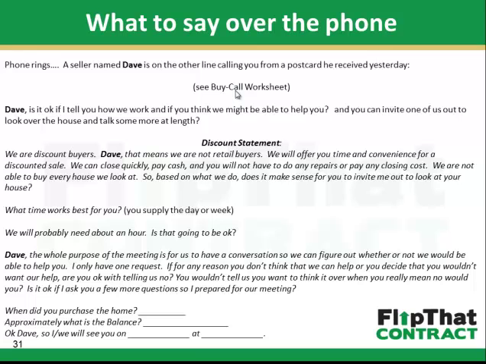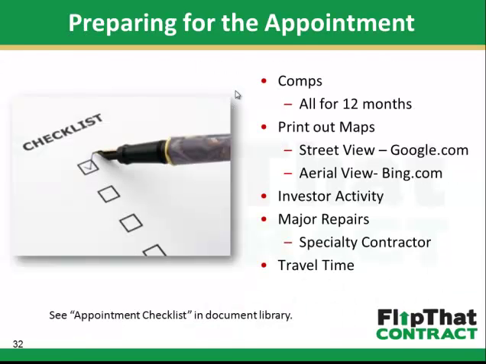Okay, this is the inbound buy call worksheet. There's another module covering this. We're going to cover how to run the comps, but here are some general guidelines. When you pull comps, you need to pull comps for all 12 months, and you need to start in that exact subdivision. If you don't have good comps in that subdivision, we'll show you how to go out and how far to go out.